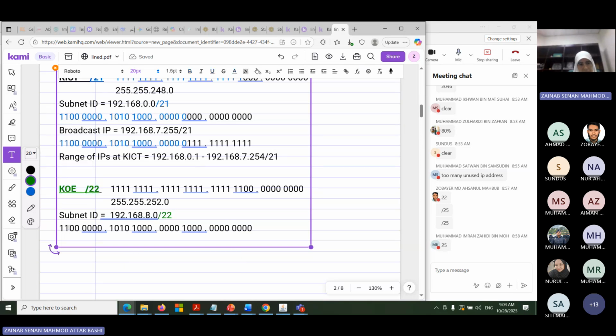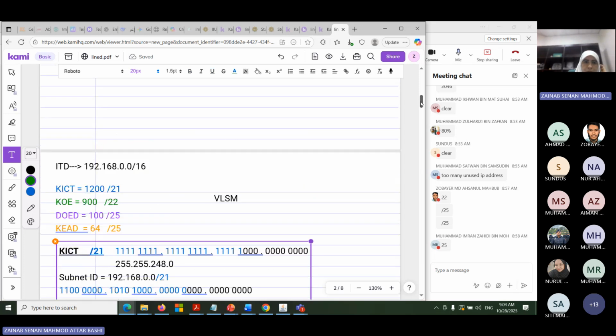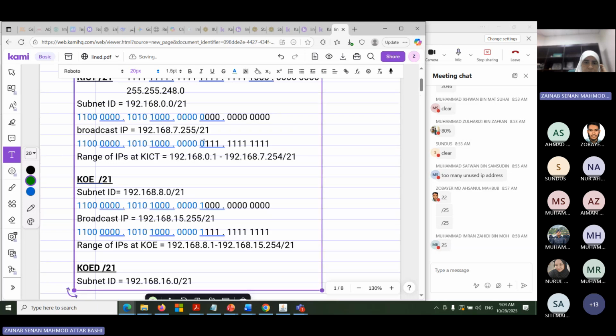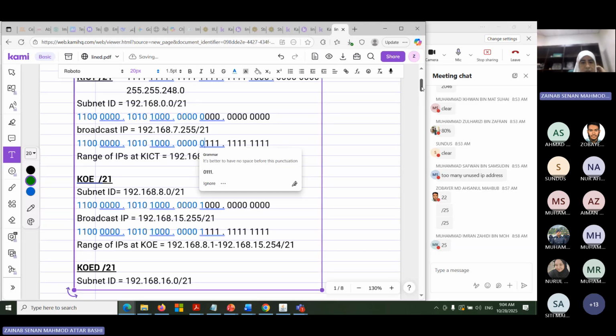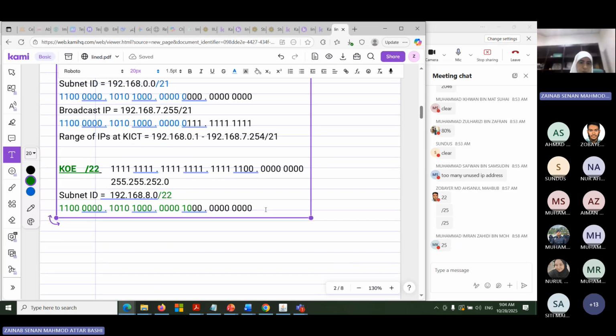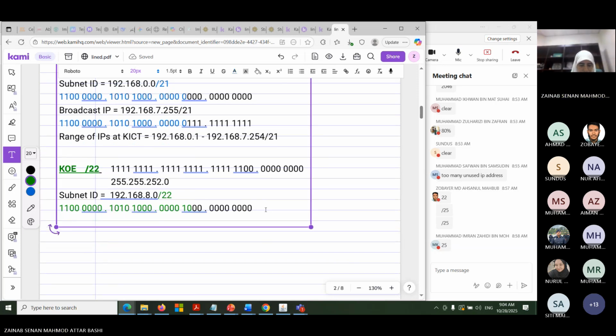It means I will start from the left and color 22 of them. If you look up at the FLSM, since we had /21, we colored only 21. That's when the differences will start. Now when I go to the broadcast IP address,